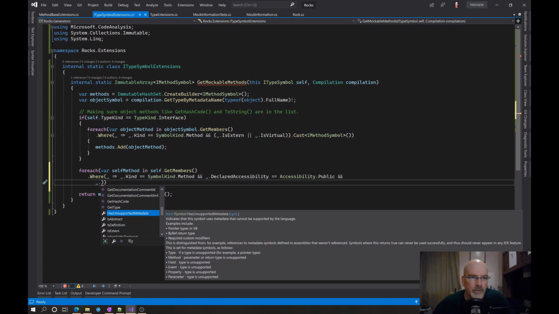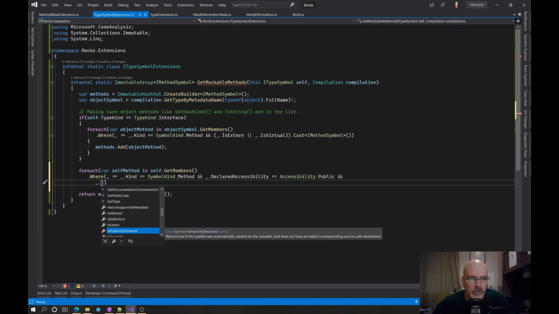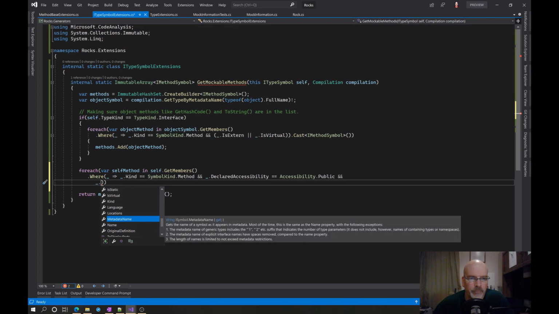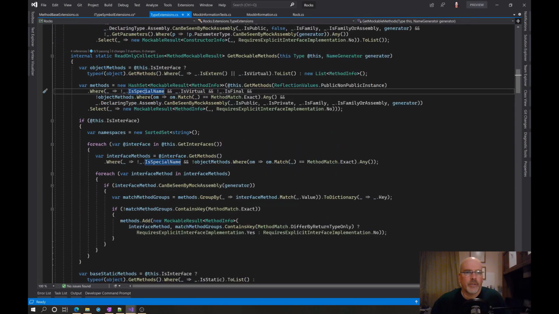Has unsupported... IsAbstract, IsDefinition, gets values. The symbol is the original definition, IsExtern, IsImplicitlyDeclared, and does not have an explicit corresponding source code definition. Yeah, I think this is also going to be a, yeah, we know what that is. Language, locations, metadata name, display parts, and so on. I don't really know if that's going to get us